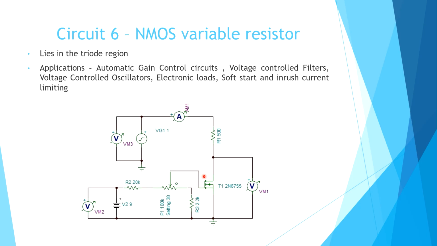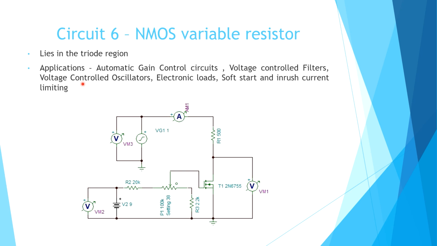That is, VDS is less than the overdrive voltage. Here I gave the gate voltage. The 9 volt is connected to a port, and the voltage can be slightly varied. Okay, and this acts as a potential divider here, and here there will be an input sine wave signal. Okay, and when the drain to source resistance, that is the channel resistance, is changed, the voltage will be changed, and this can be viewed in the voltmeter and on the oscilloscope. Okay, and the application is an automatic gain control circuit,